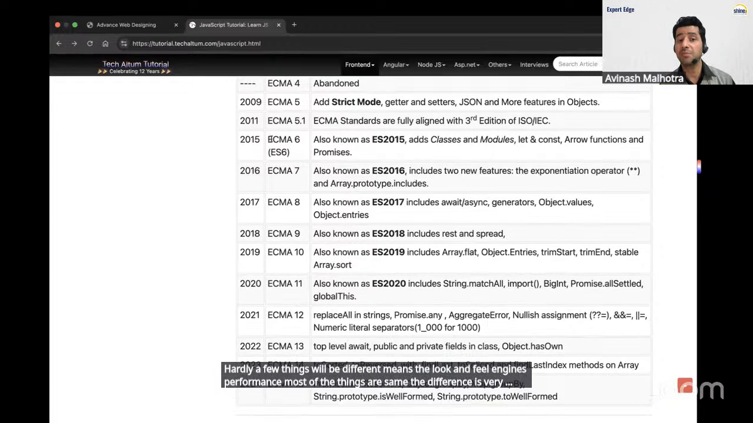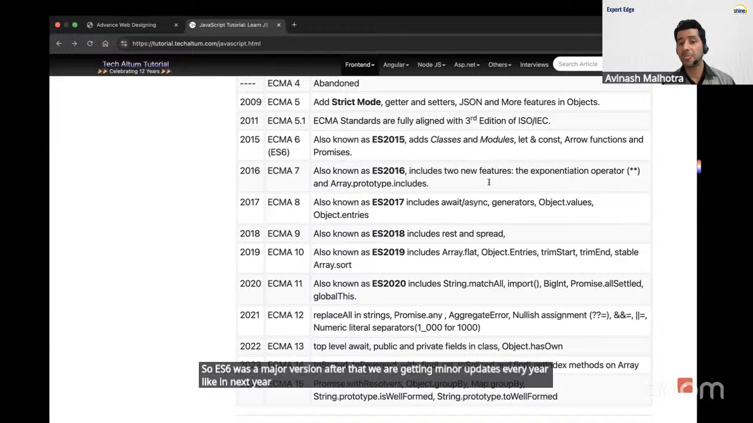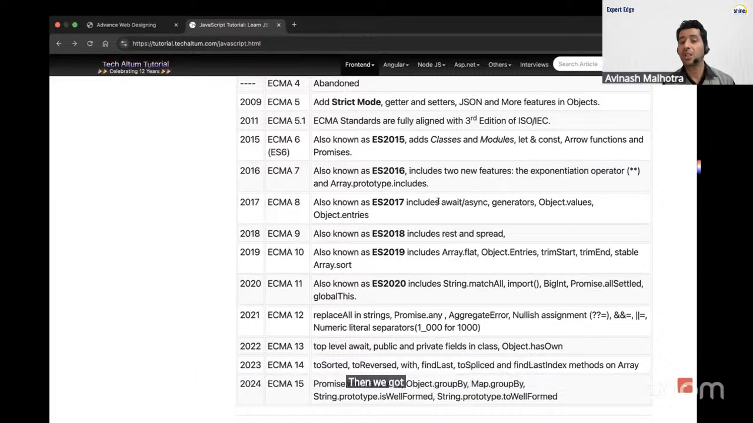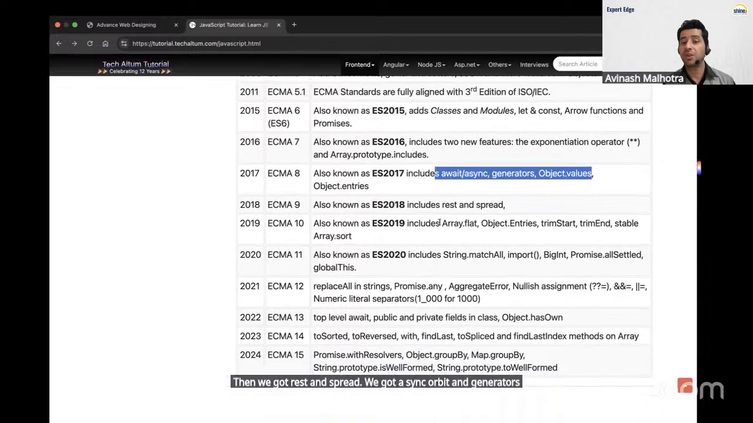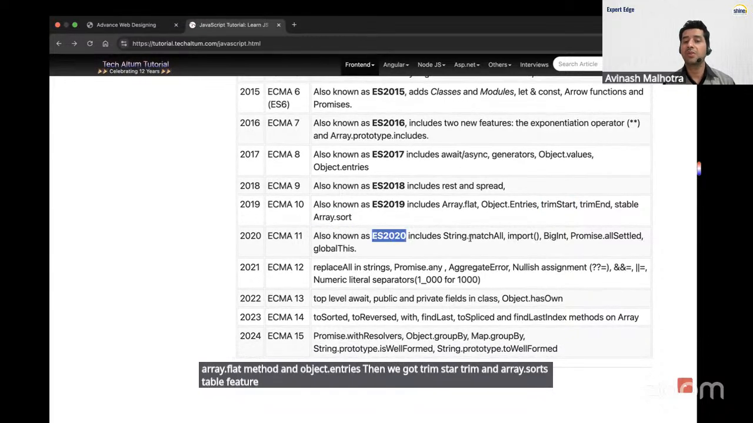So ES6 was a major version. After that, we are getting minor updates every year. Like in next year, we got async and await, we got the exponential operator, then we got rest and spread, we got async iteration and generators, then we got array.flat method and Object.entries, then we got string start trim and array.sort stable feature. In ES 2020, we got string.match and import, meaning importing and exporting, and BigInt,